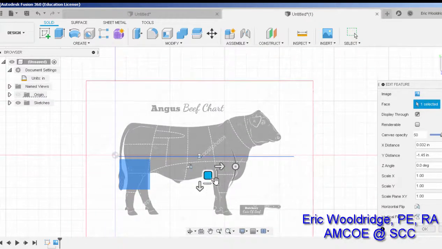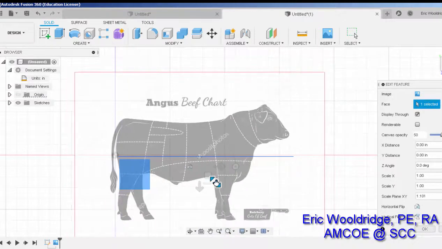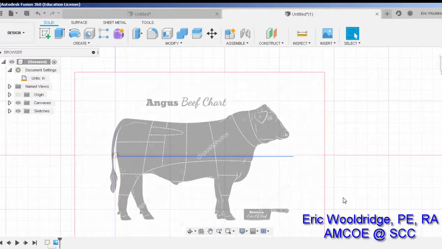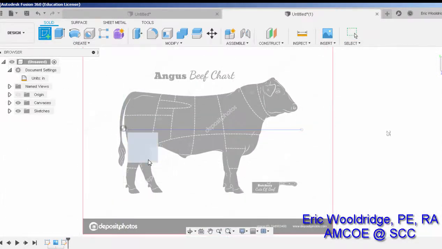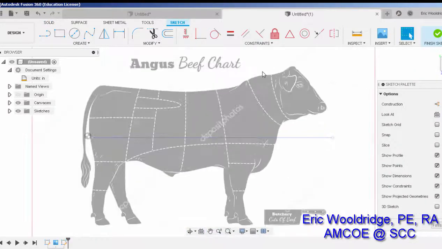There we go, maybe a little bit out, and we're good. And say okay. And so now I have a line and I have a bool, and I need to actually now trace around this bool. So I'm going to go in New Sketch, click on the same surface again, and I would go through the